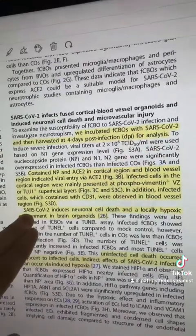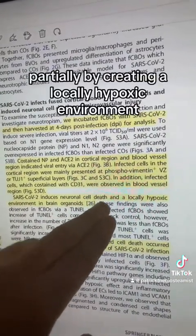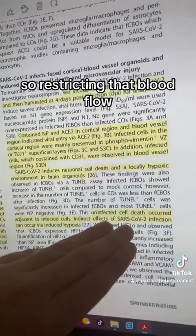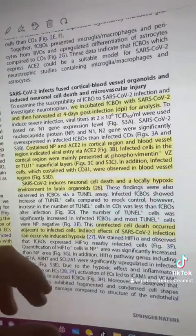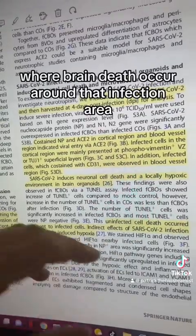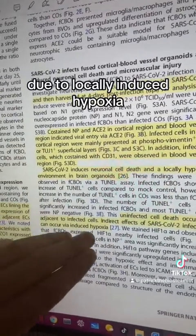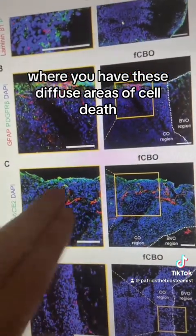vessel regions and showed that COVID induced neuronal cell death, partially by creating a locally hypoxic environment, so restricting that blood flow, and that even neurons in cells that were unaffected created an indirect effect where brain death occurred around that infected area due to locally induced hypoxia, which looks like this here, where you have these diffuse areas of